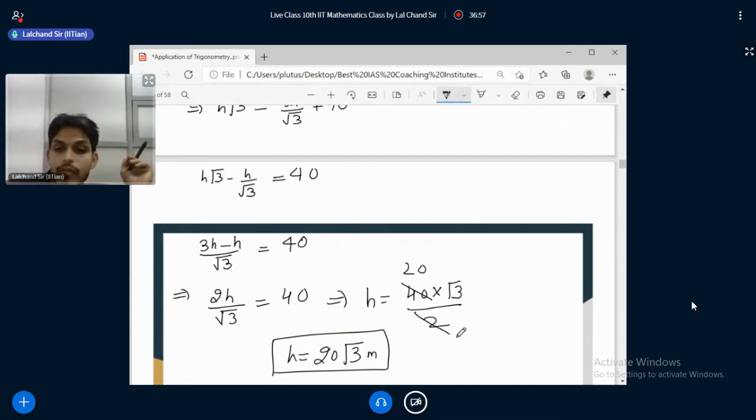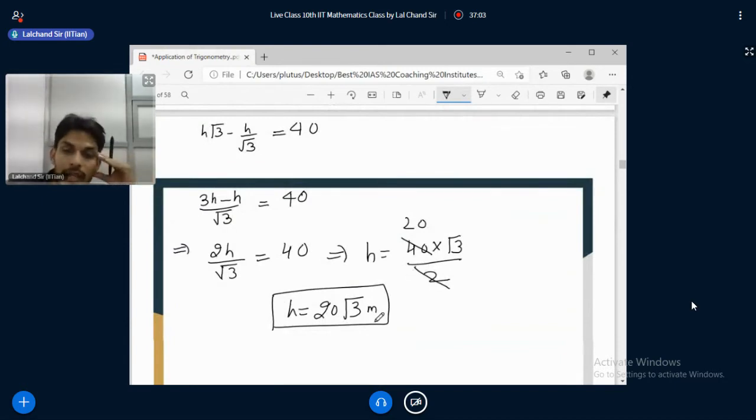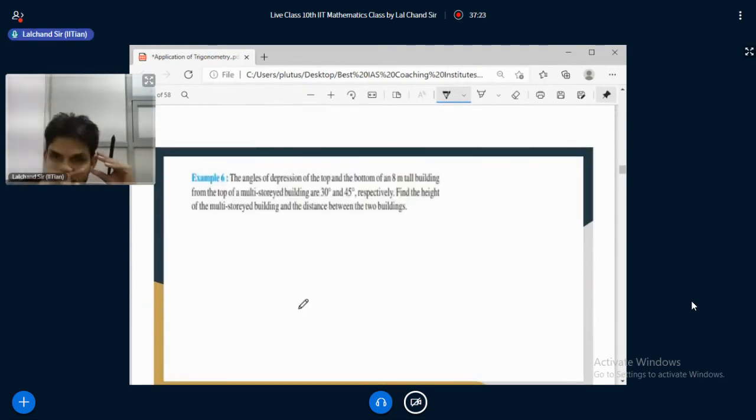Okay. Always we need to mention the dimension or the length parameter, like meter, centimeter, the unit of length. This is clear to you, Krishna? Okay. So can you solve this question now? Try this question.